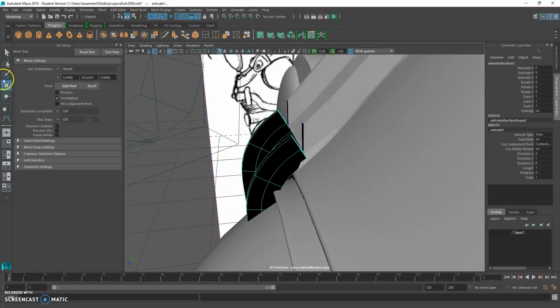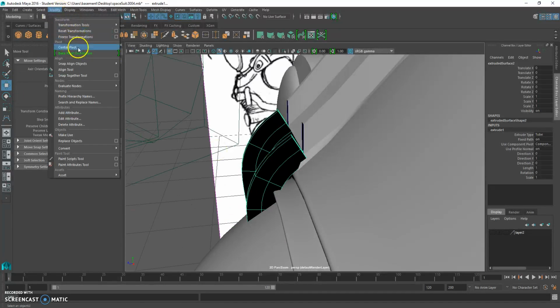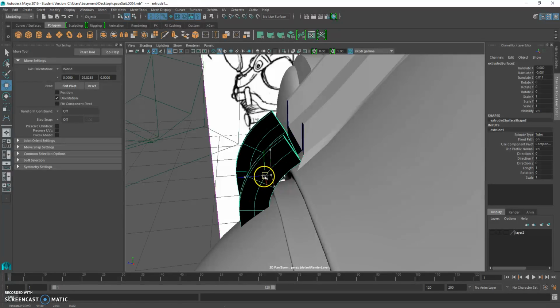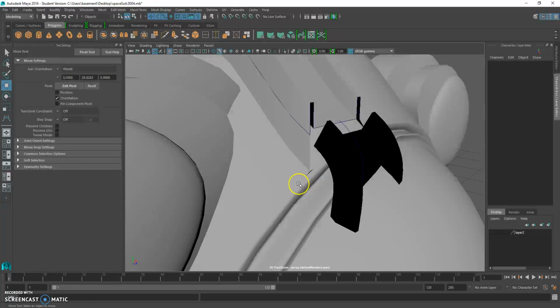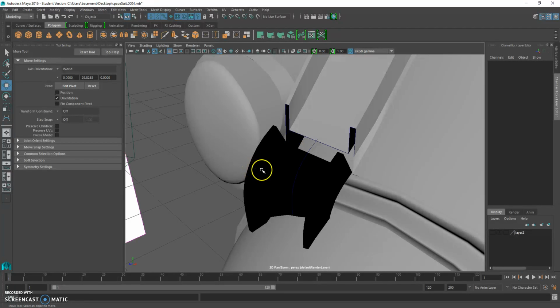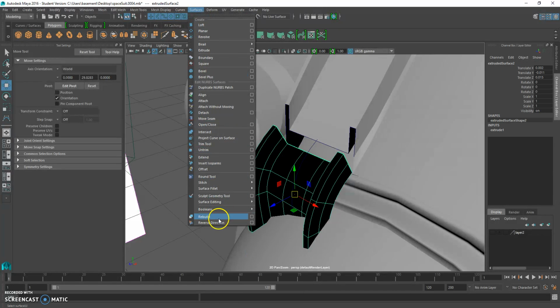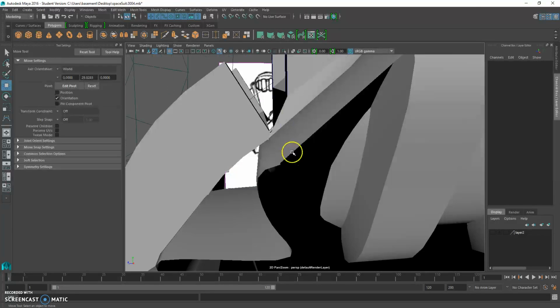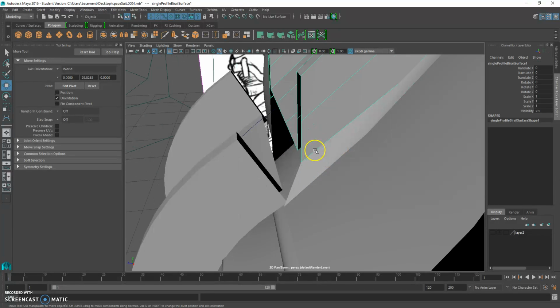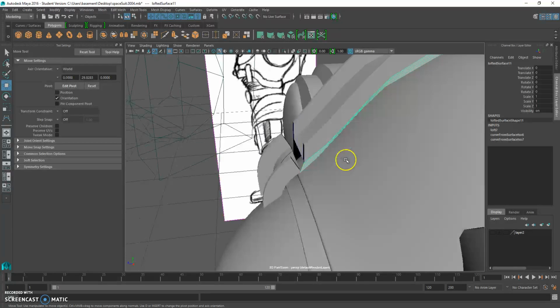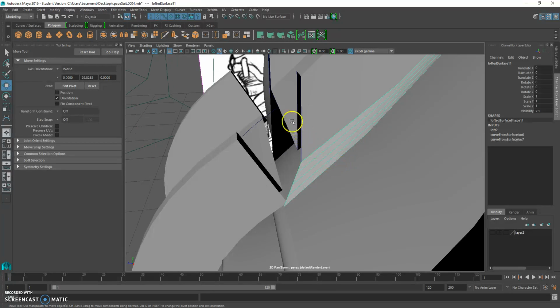Okay. Modify center pivot. This looks good. We're going to go ahead and turn our surfaces on real quick. Let's go ahead and reverse direction. We want to close these up. There's a few different ways I could approach this. I think the easiest way